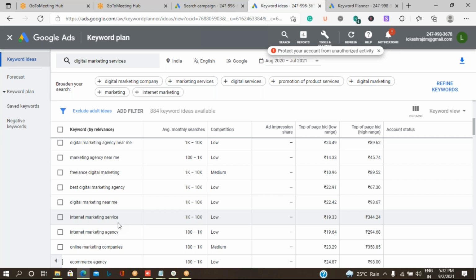You can see in the second column after the keyword list, the average monthly searches, so how many people are searching it on a monthly basis. And on the last two columns, it is talking about the bidding, at what value the bidding can happen on your advertisement when you use such keywords.